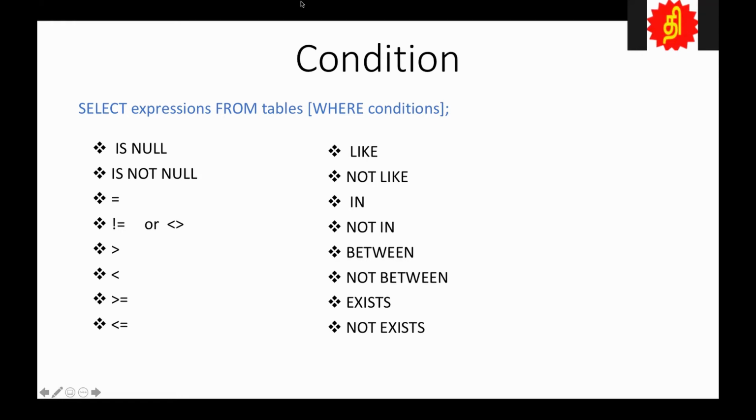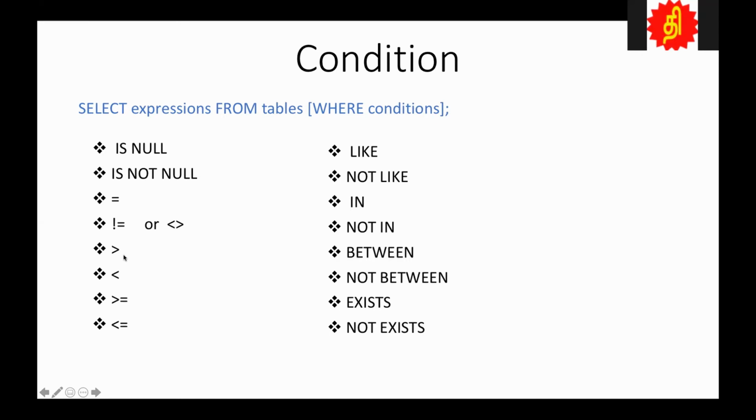Then you say equal. This is not equal. So everything has an opposite to that. Equal, not equal. Not equal is used in two ways. I think this is what is used in Java. This is not equal. This is less than or equal to. You can use either one, whichever you prefer, you go for it. Now it's greater than.